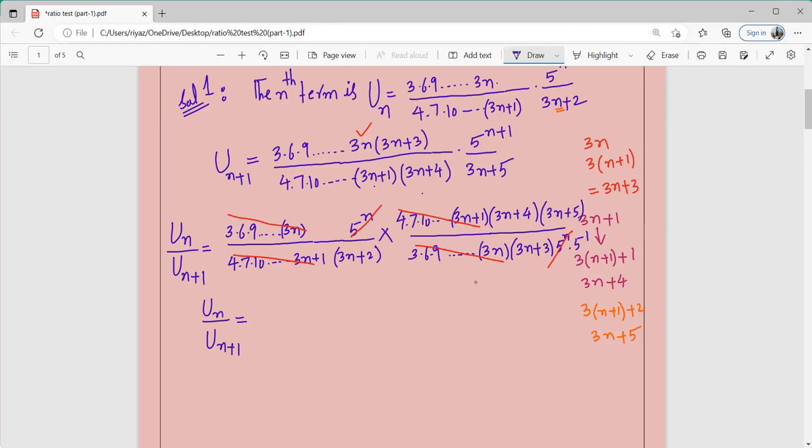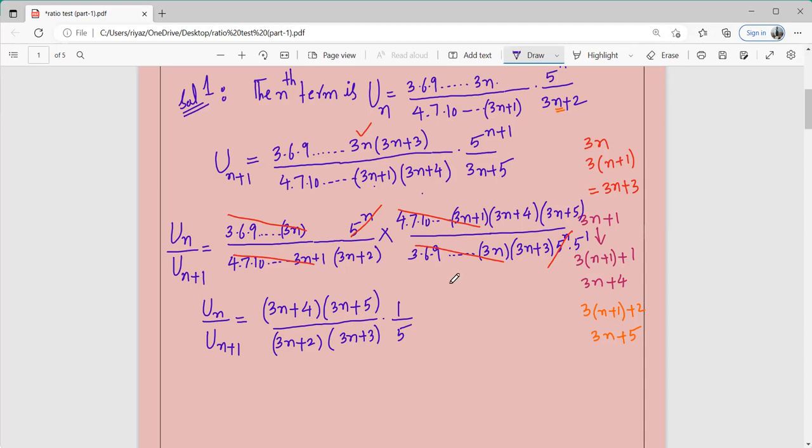न्यूमरेटर में क्या बच गया होगा, 3n+4, ये तो पूरे टर्म्स कैंसिल हो गए ना, 3n+4 is left here in the numerator. Moreover, this value also left over in our numerator, 3n+5 भी बच गया. Denominator is 3n+2 left, and here 3n+3 left, और वहां पे एक 5 भी बच गया, बट मैं अगर और क्लियर लिखा दो 1/5 भी बच गया। ठीक है,